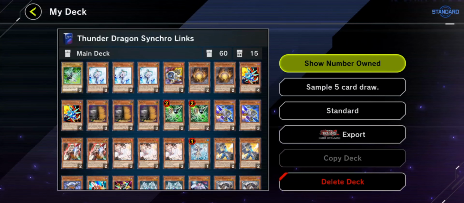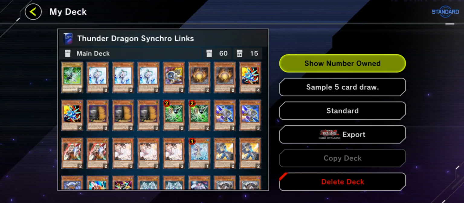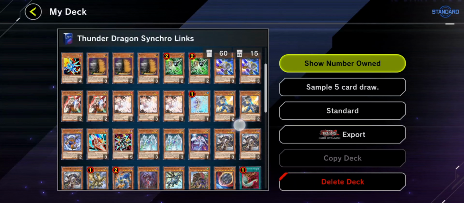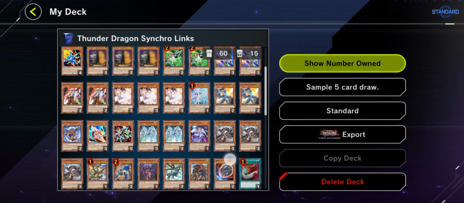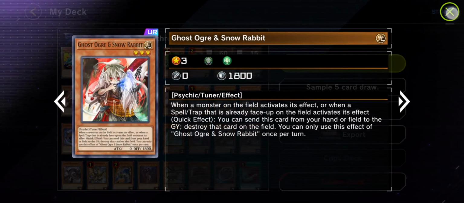1 Jet, that's part of the Synchron package, 2 Dragon Matrix, which is part of the Thunder Dragon package, 2 Rocket Synchrons, which actually works with the Dragon Links and the Synchrons, and I'll explain a lot of the combos later as well. 3 Maxi, best card in the game, 2 Gammas to go with the driver, 2 Satellite Synchrons, 2 Ghost Ogres,